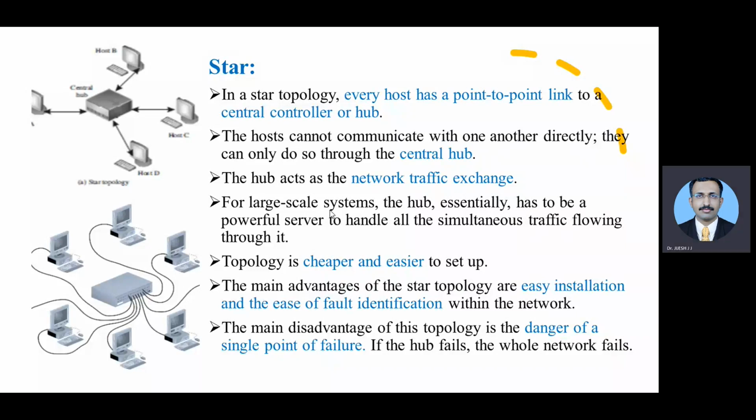So in this topology, the advantage is that it is very cheaper and easier to establish. And more than its advantage, the major disadvantage is this one, that if anything fails, the entire network fails. And if you want to establish connectivity between host A and host C, you have to pass through the central hub. You should then make sure that your information is communicated to host C or host B, host D, whatever it is.